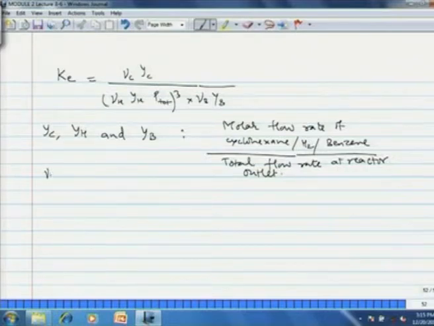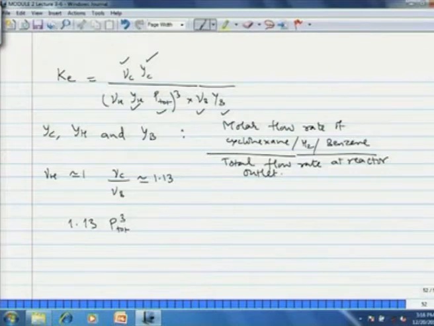Now, fugacity coefficient for hydrogen can be assumed to be 1 and the ratio of fugacity coefficient for cyclohexane to benzene can be assumed to be about 1.13. And then if you substitute for all these quantities, you can get the expression 1.13 into P tot cube. P tot is the total pressure of the reactor